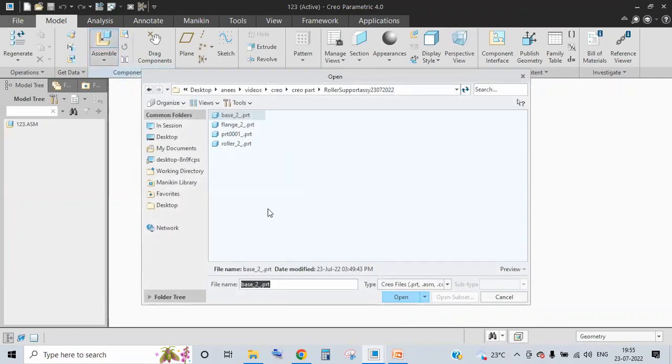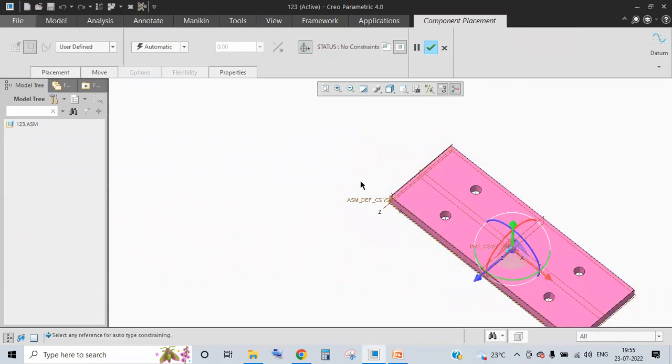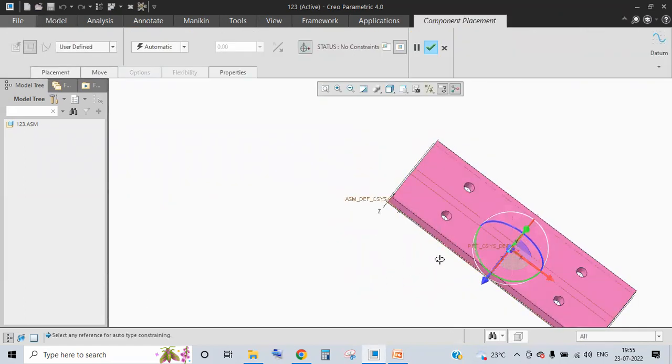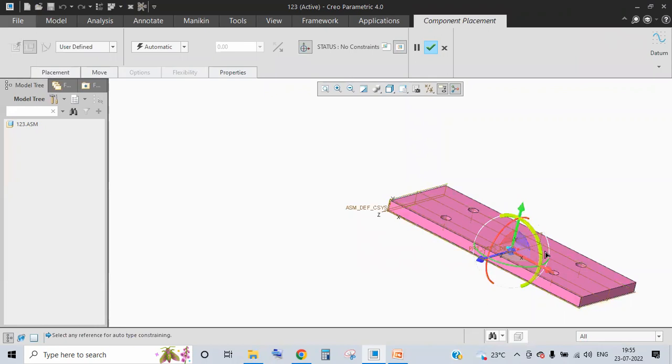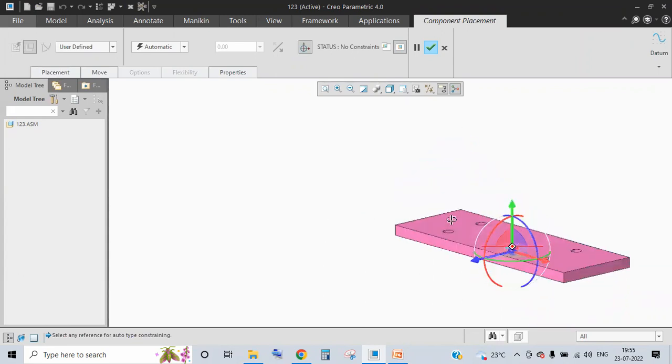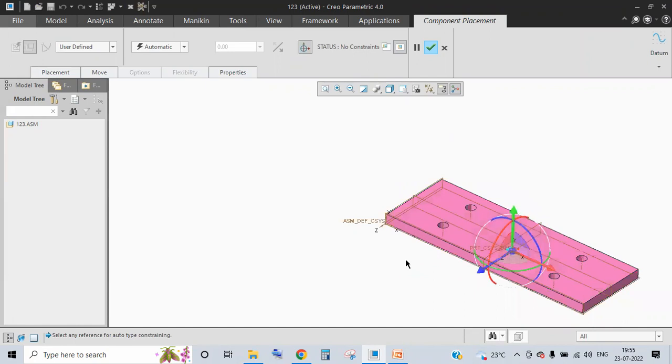Okay, click on your base. It is showing me 3 axes and 3 rotations. That means it has all the 6 degrees of freedom. Okay, fine, no issues. Now what I want is whatever you are seeing here,